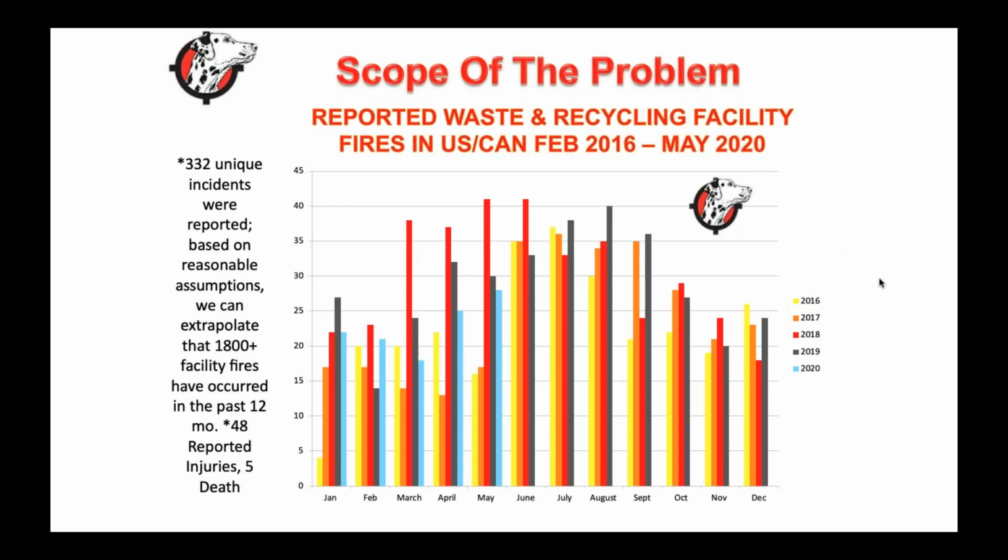And again, for the guys that are here from your side from a training perspective, I appreciate it. I know we have a hard stop theoretically at 1. But just to go through what we're dealing with in waste and recycling, we've had an increase in fires over the last few years, and really, to keep it at a high level,